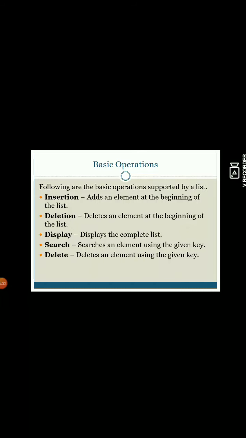Okay. Now, what are the different operations you can perform on a linked list? You can insert any element or node at the beginning of the list, or you can add at the end of the linked list. Similarly, for deletion, you can delete an element from the beginning, from the end, or at some specified location. Then you can display the whole linked list. You can search for any element from a given key. Either I can give the location, then I get the particular data of that linked list.